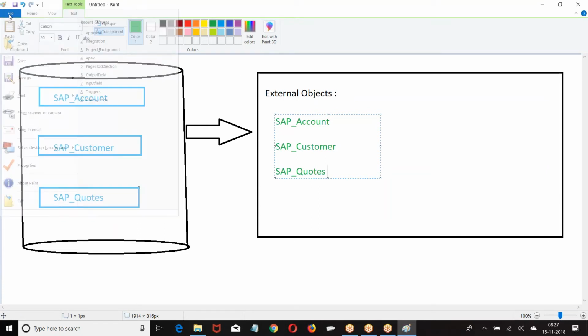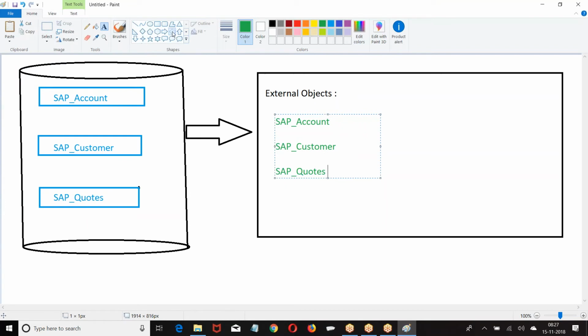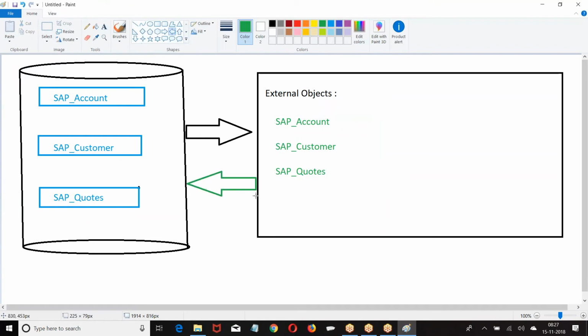So first, Salesforce will establish a connection with this database. Once they establish a connection by giving the credentials, maybe endpoint URL, username, password, whatever credentials they require, all the list of tables in the external system will be displayed in Salesforce. These are called external objects. Why? These objects are not in Salesforce. They are available outside Salesforce, but I am trying to use them within Salesforce. That's why they are called external objects.